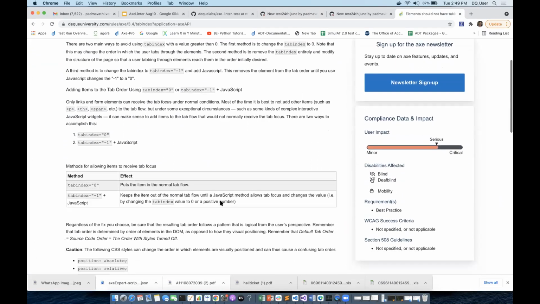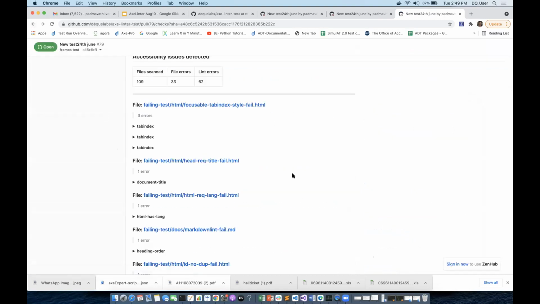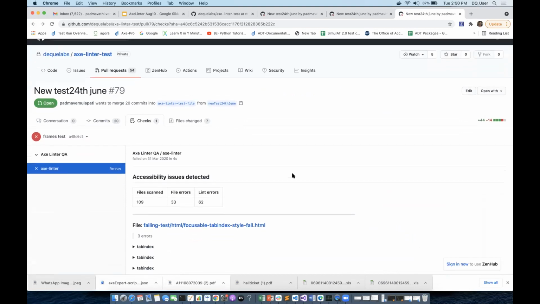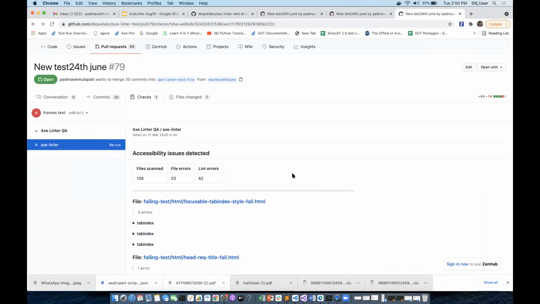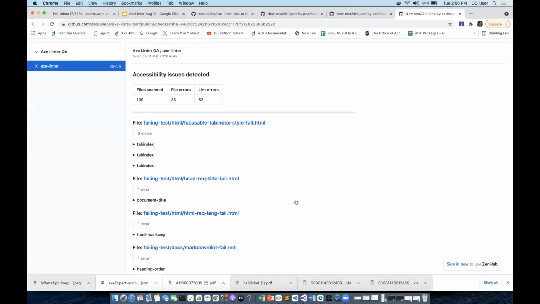Then you get to know how to fix it, and you can check your code again, and the code check failures will be resolved. Like this, the Axe Linter GitHub app works similar to the VS Code linter, but it runs after your code check-in. When you raise a pull request, within the checks itself you can come to know before rejecting your code. The VS Code linter shows accessibility linting errors while you are editing your code itself. This is how the Linter GitHub app works.